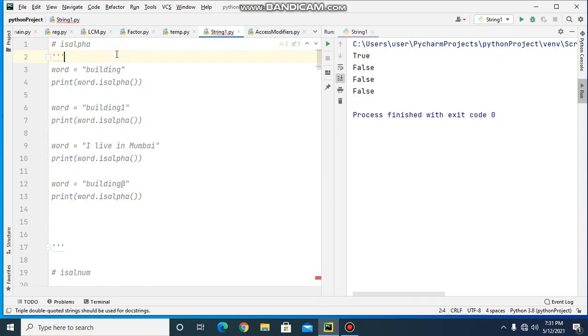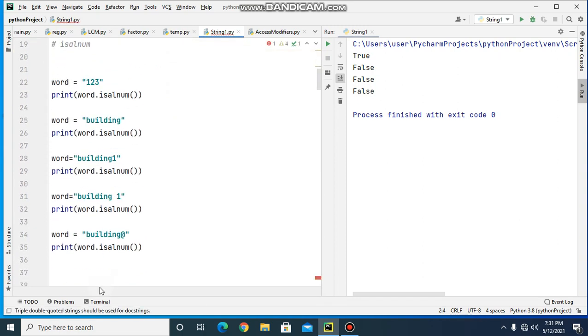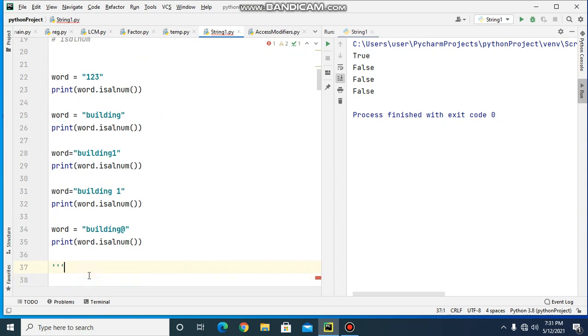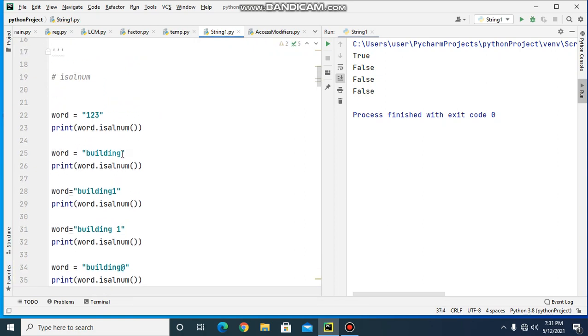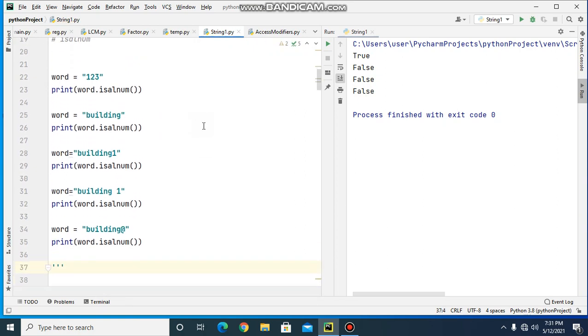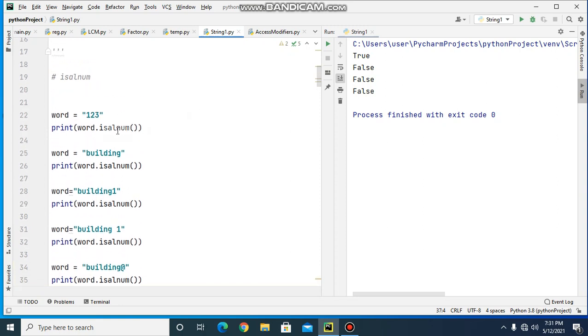Now we'll check for isalnum. This alnum means alphanumeric. So isalnum will return true if the string contains numbers, or if the string contains alphabets, or if the string contains a combination of alphabets and numbers.